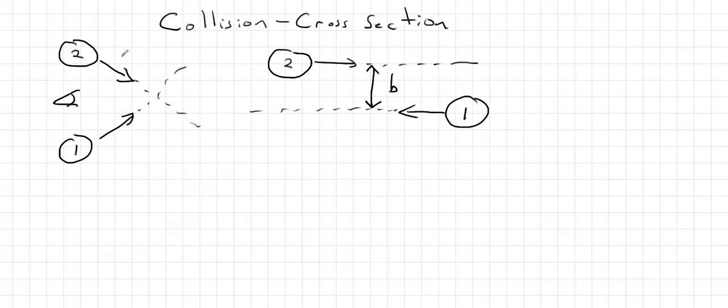In other words, what if this is not in the same plane? What if this is above the plane of the paper and this is in the plane of the paper? By quite a bit, they might actually miss each other, even though their paths seem to cross. And so we can see we can collide